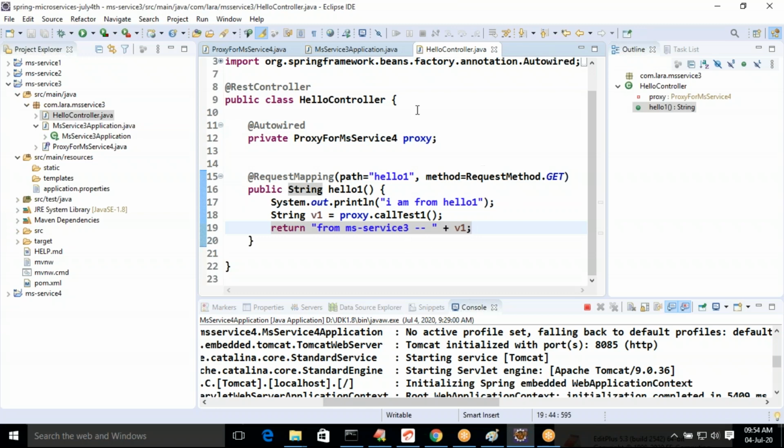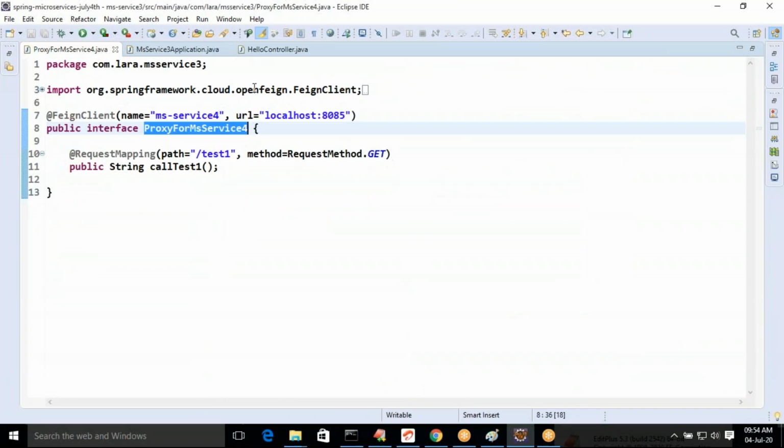Let us see what that limitation is. Open a proxy. Here MS Service 4 is running at 8085. If multiple instances are there for MS Service 4, one at 8085, one at 8086, one at 8087, Feign client is always looking for the instance running at 8085.